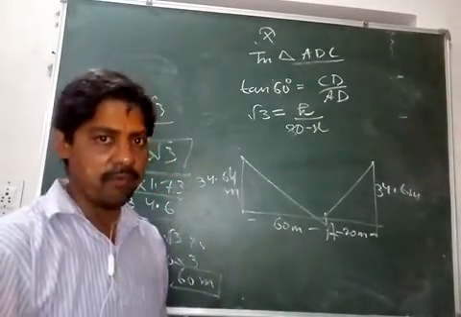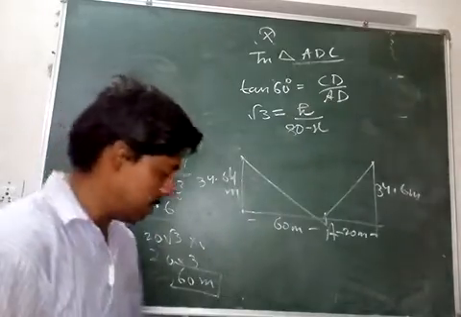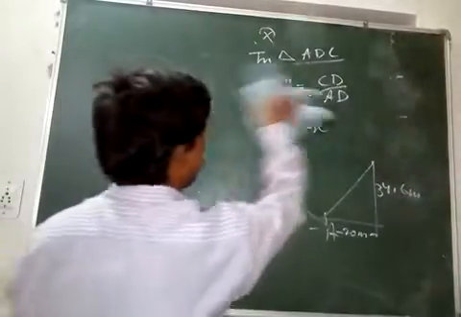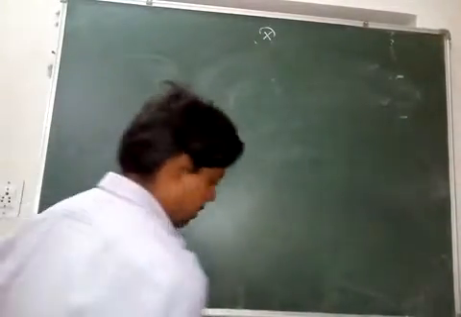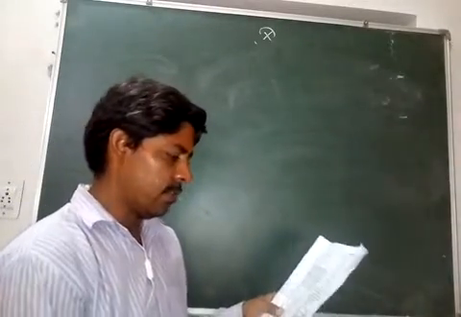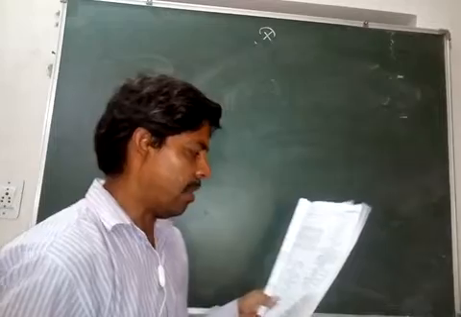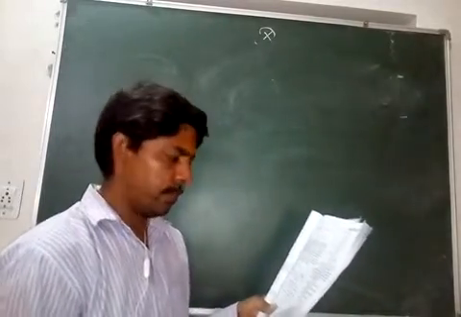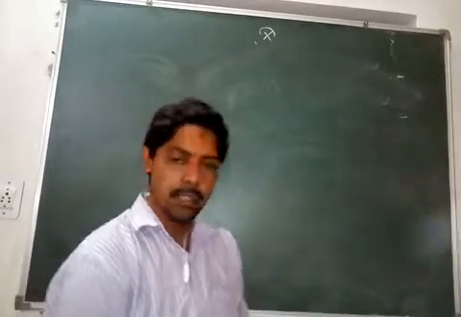Okay. We have got one very good example, and this is example number 8. So I will just erase this and read example number 8 for you. Now this example says that there is a cloud. The angle of elevation of the cloud from a point H meters above a lake is alpha, and the angle of depression of its reflection in the lake is beta. Prove that the height of the cloud from the surface of water is this.